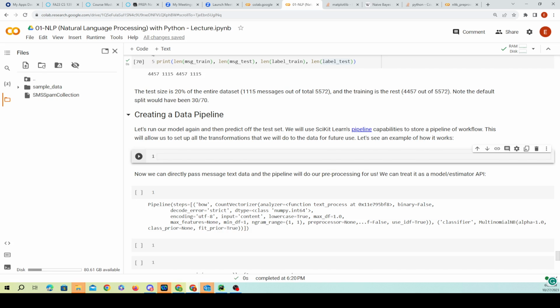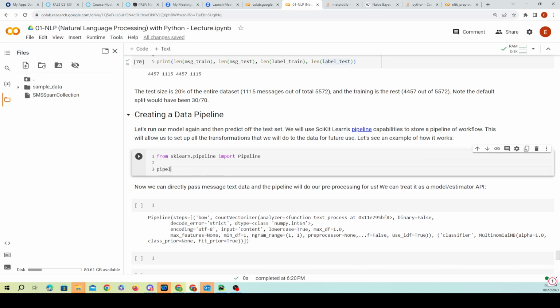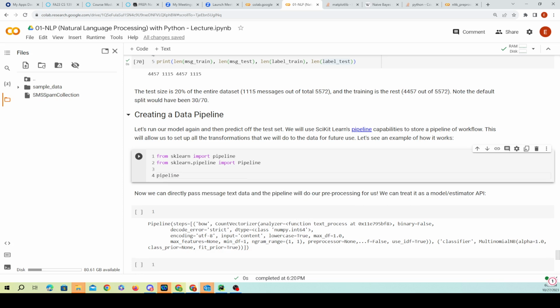For now, what we'll do is we're going to create a pipeline that is going to make our life a little easier, so we don't have to do this all one at a time. We can run multiple data in this pipeline. And we're going to import the pipeline, and we're going to use pipeline, and we're going to create a pipeline. We're going to use the constructor,